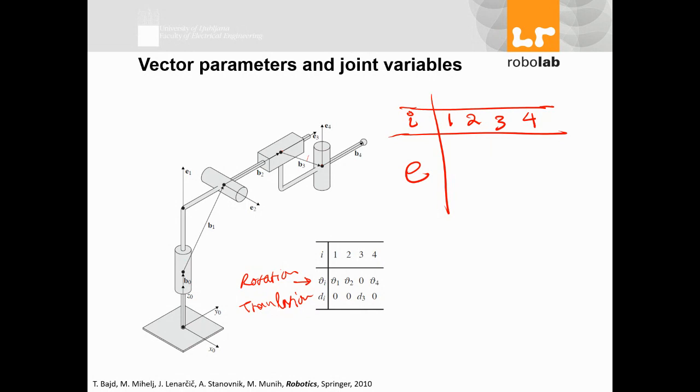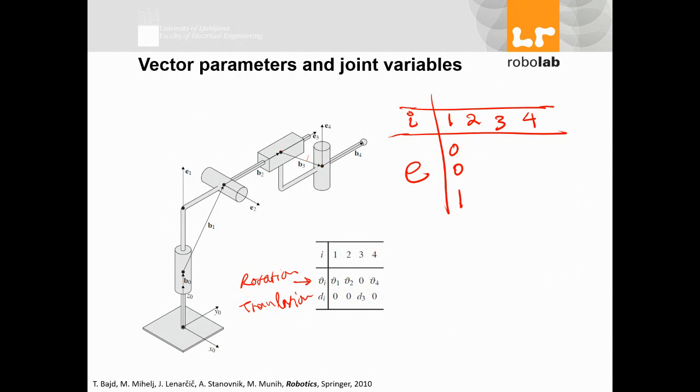Is it in the direction of X, Y, or Z? Exactly, Z. So in the direction of Z means I have 0, 0, 1. For joint number 2,